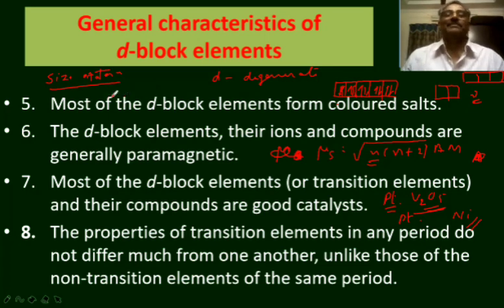In the same way, the other properties like ionization potential, electronegativity and electron affinity also show this kind of variation in the d block elements. Which kind of variation? The variation in the property in the d block elements of the same period is less when compared to the elements in the s blocks and p blocks. The variation is pronounced more in s and p block elements compared to the d block elements. The less variation is due to the shielding of electrons present in the inner shells, as the differentiating electrons in the inner shells are being increased in the d orbitals.